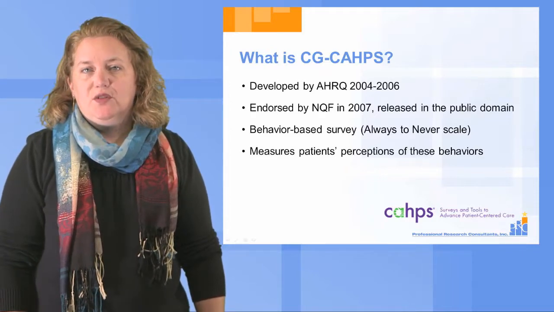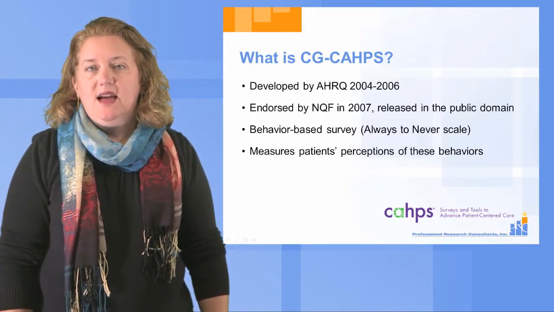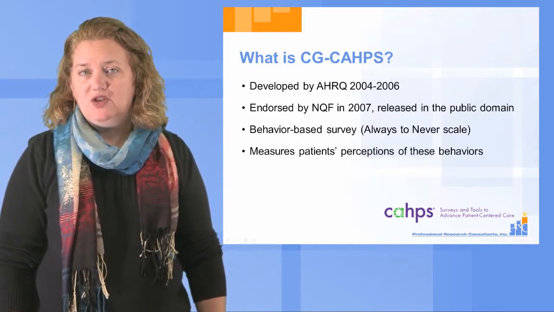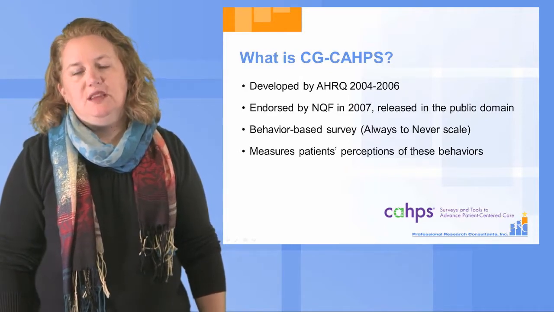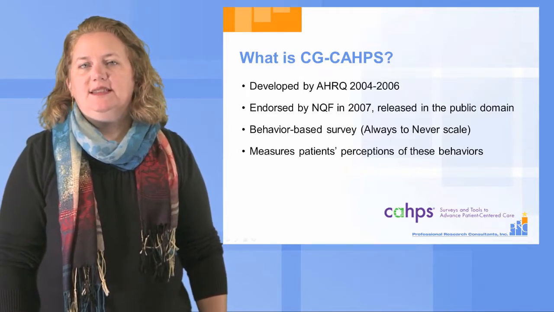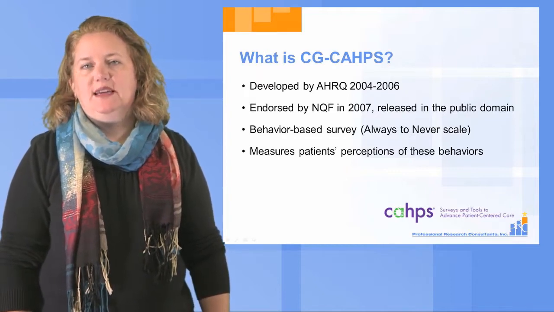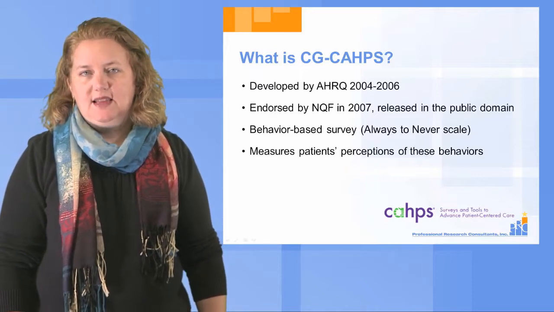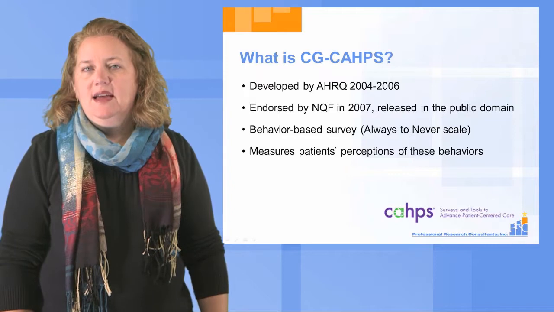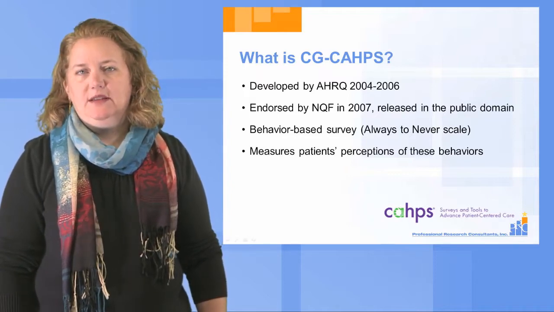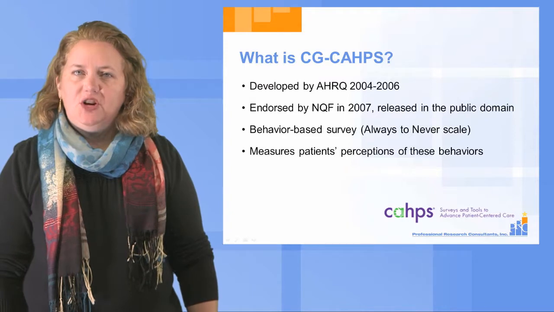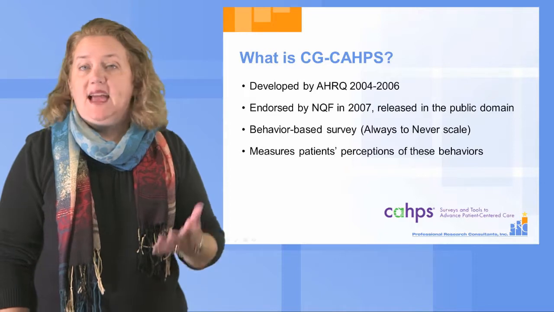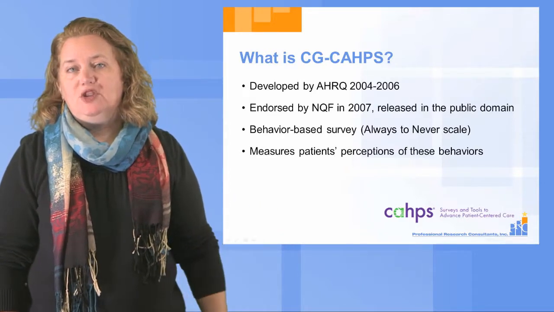The initial development work for this survey occurred over a 3-year period, and it involved extensive literature review, cognitive testing with physicians and providers and patients to ensure that the questions and results are meaningful and understandable, and multiple field tests to evaluate sampling and methodology recommendations. As with all CAHPS surveys, the instrument and accompanying administration guidelines were reviewed by the National Quality Forum, and CG-CAHPS was endorsed in 2007. With this endorsement, AHRQ began publishing their materials on their website, and the survey entered the public domain, meaning anyone was free to use the instrument for surveying their patients.